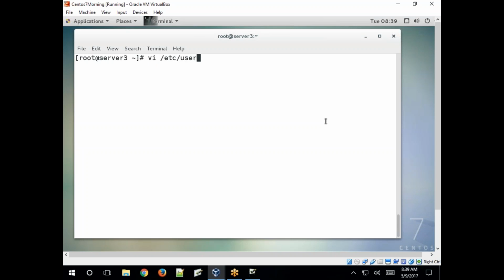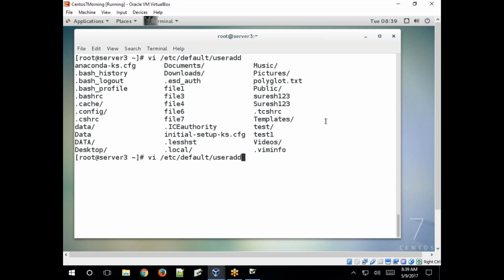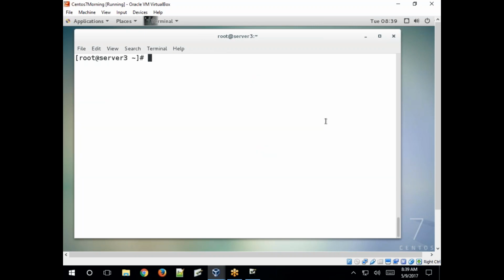In /etc there is the useradd file, and one more file. Based on that file, UID, GID, and other permissions will be applied for all the users and groups.